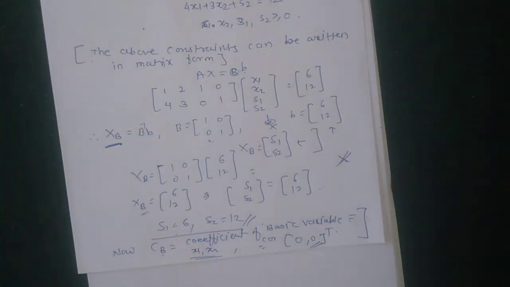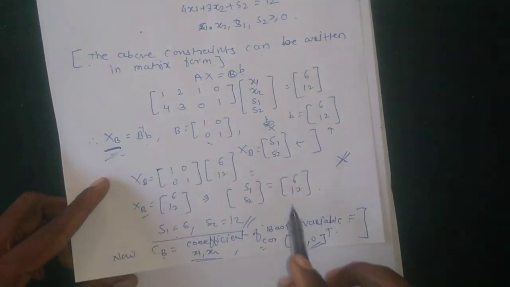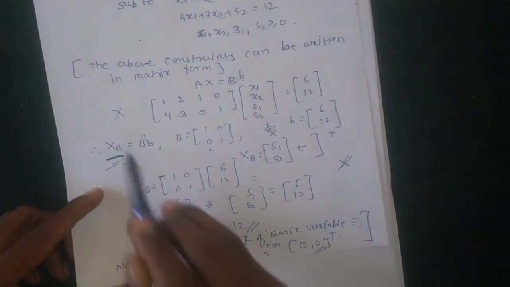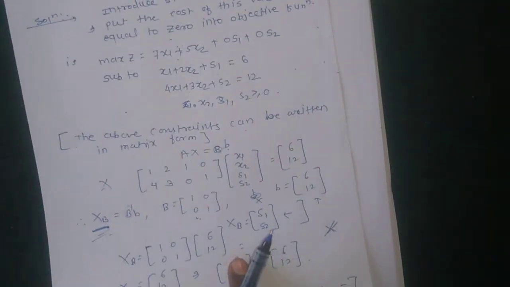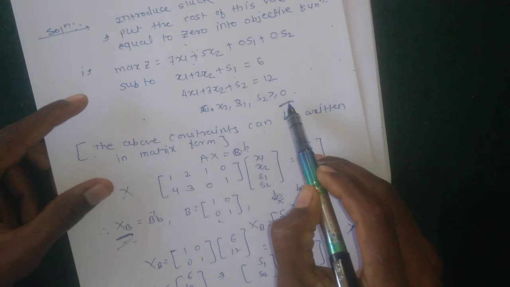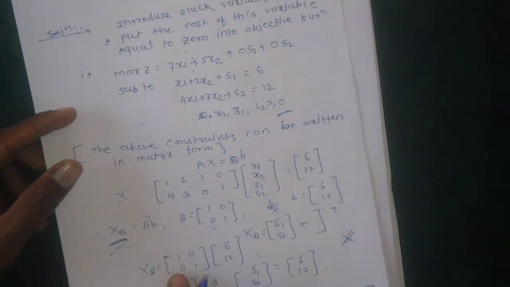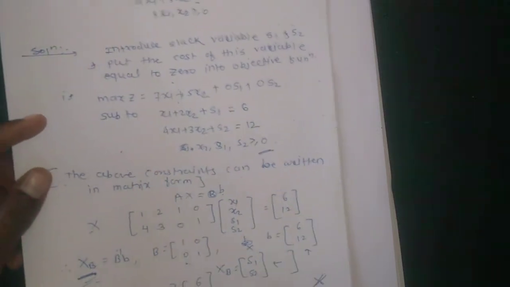This is the first example, so we write xB is equal to B inverse b. Therefore this is written, but there is no need to write it in the exam. So firstly we add slack and surplus variables, then directly write the simplex table to find zj